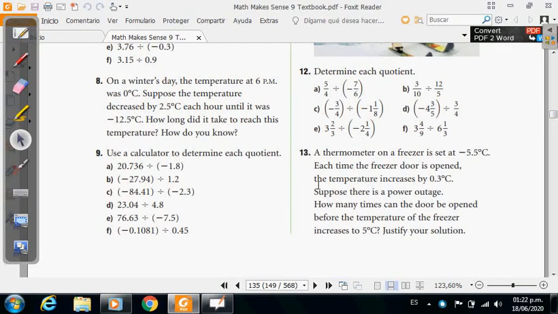Today we're going to work with a problem related to division of rational numbers. Vamos a trabajar con un problema relacionado con la división de números racionales, and in this case I'm going to